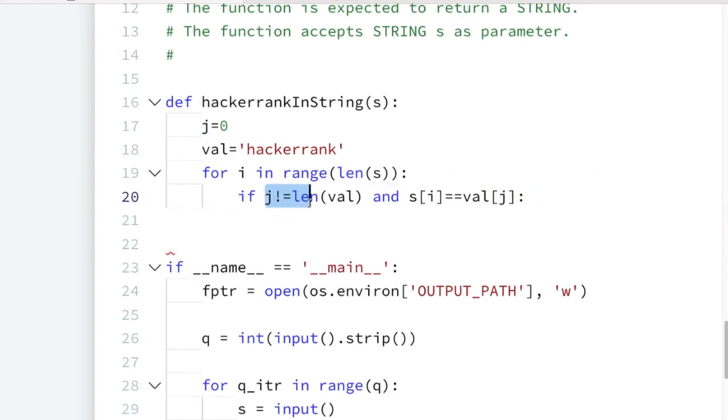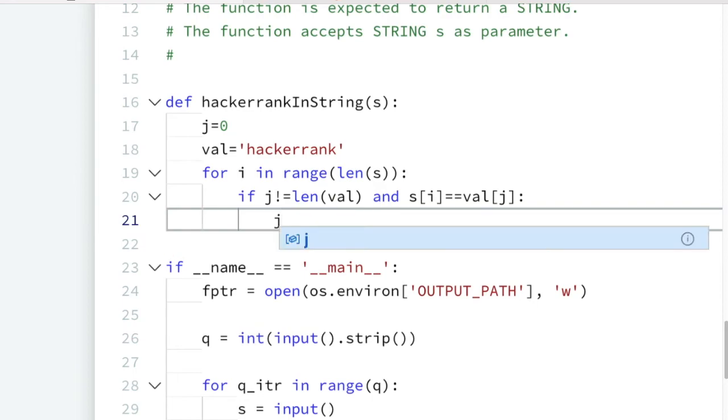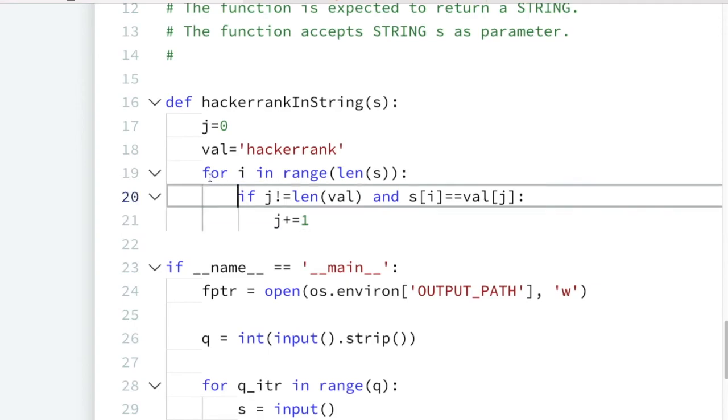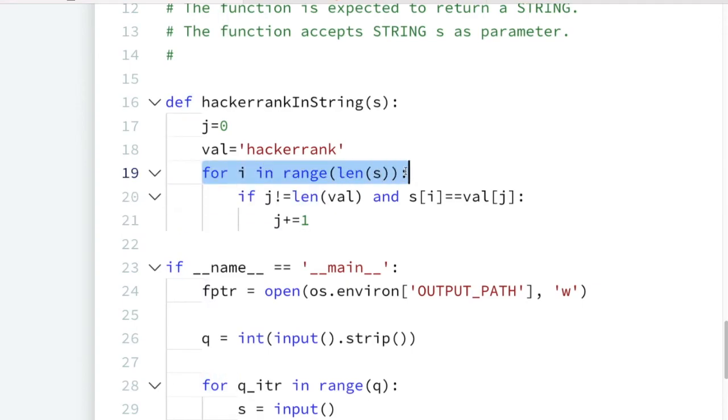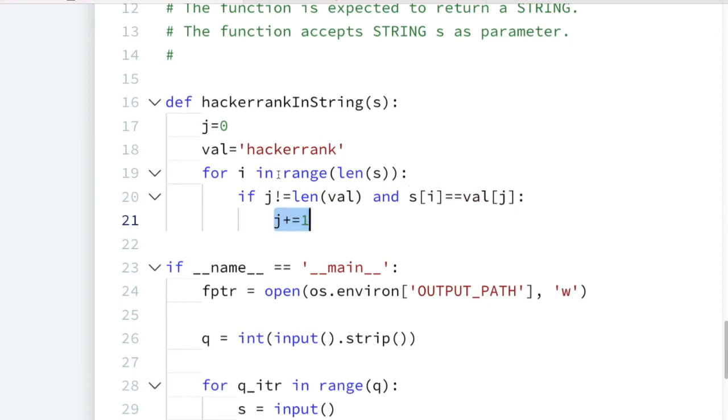If j is not equal to the length of the val, and at the same time both the characters are equal at the given index i and j, then we will simply increase j by 1, j plus equal to 1, correct? So we are iterating till the length of the given input string, and here we are checking if the j value is not equal to the length of the val. If it is less than the length of the val, and at the same time the characters at index i and j are equal, then we are simply increasing the j counter, means we are moving forward in the HackerRank.